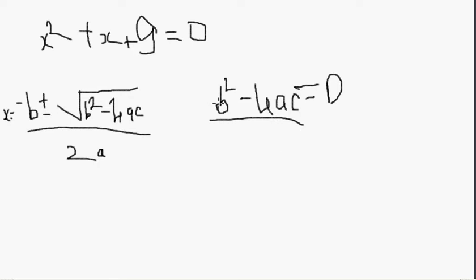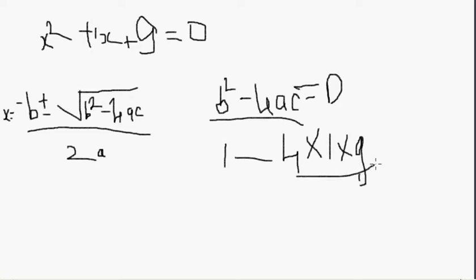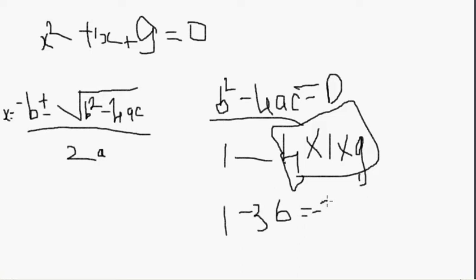Okay, now let me check. b here is 1, so 1 minus 4 into 1 into 9, so this is 36. We can easily see that this is 36, so 1 minus 36 would be minus 35. Exactly, minus 35. So minus 35 is the